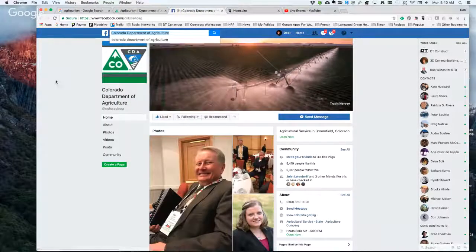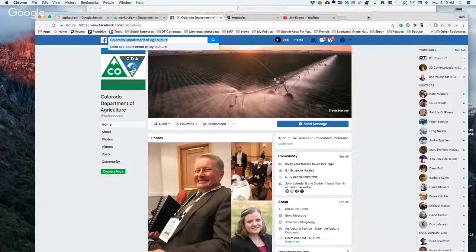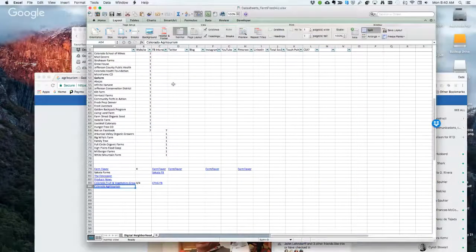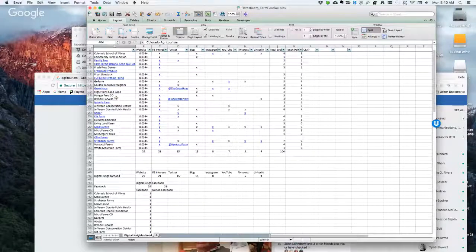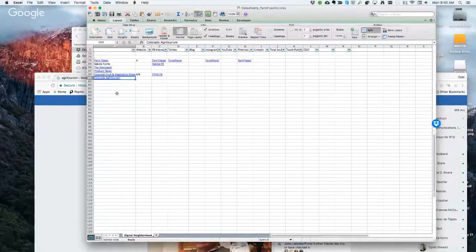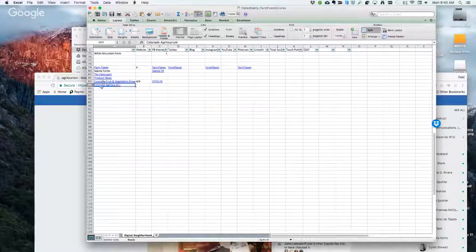All right, I'm going to copy that. Colorado Department of Agriculture. Again, not on here. So look at all that I've built out just today on this. Colorado Department of Ag, CO Ag, Facebook.